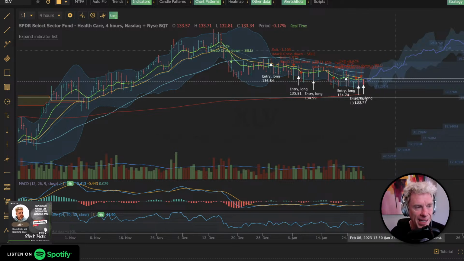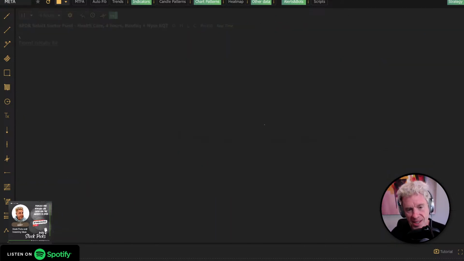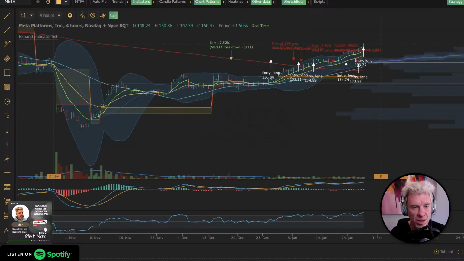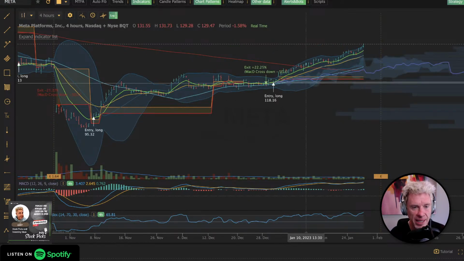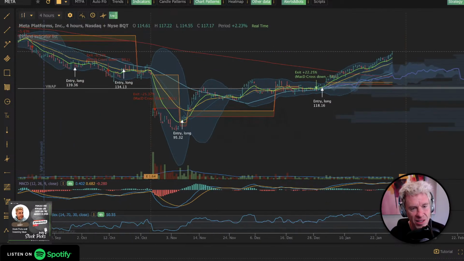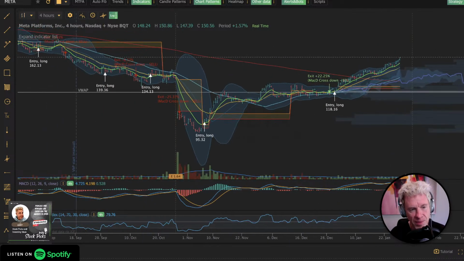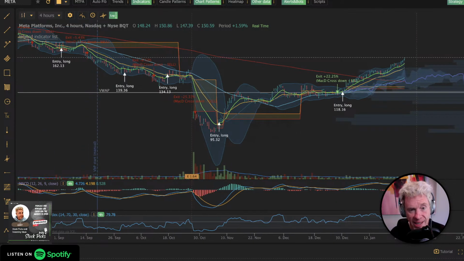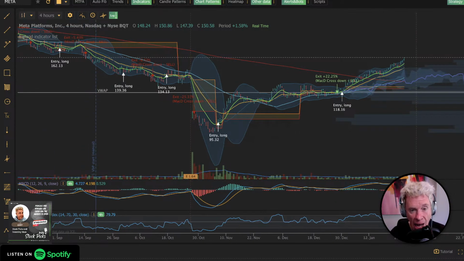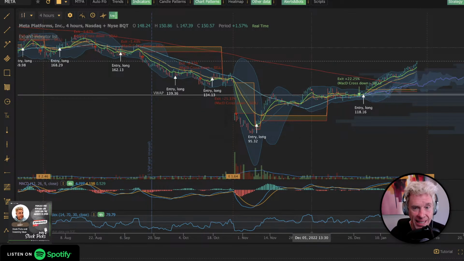I wanted to go over Meta. Meta has just been nuts. With the talk of TikTok kind of being not allowed on state devices and things, Meta has quietly, and I mean, quietly moved a ton. And it's got this gap up here at 167 in its crosshairs right now.